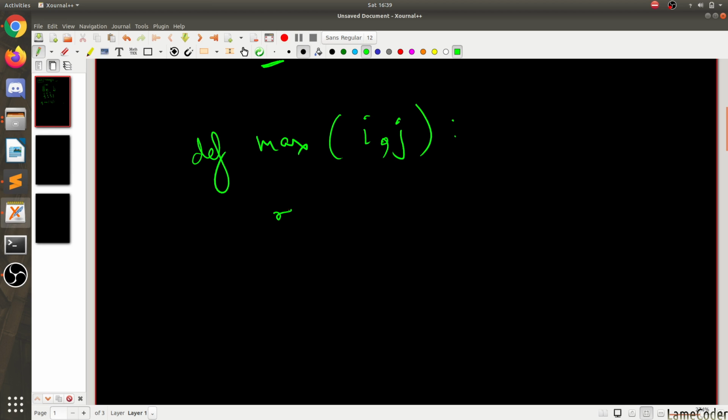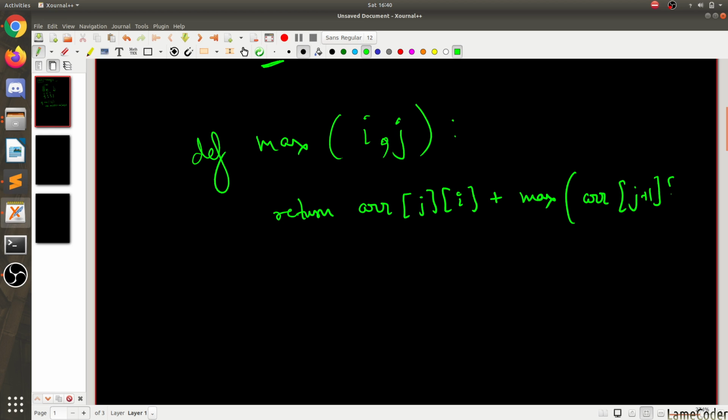So return array of j, i plus max of array of j plus 1, i or array of j plus 1, i plus 1.